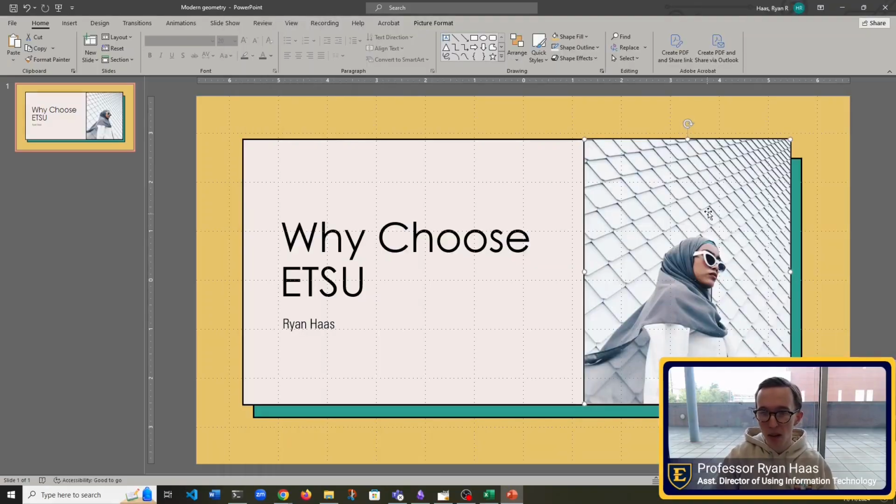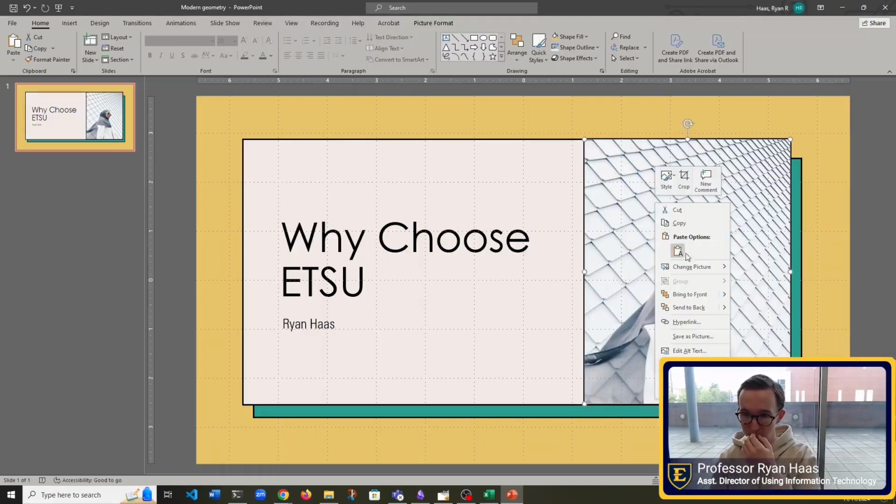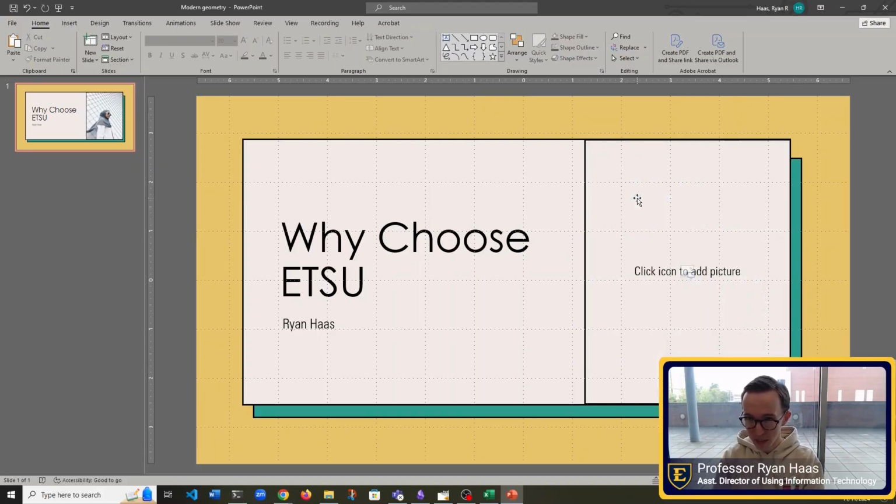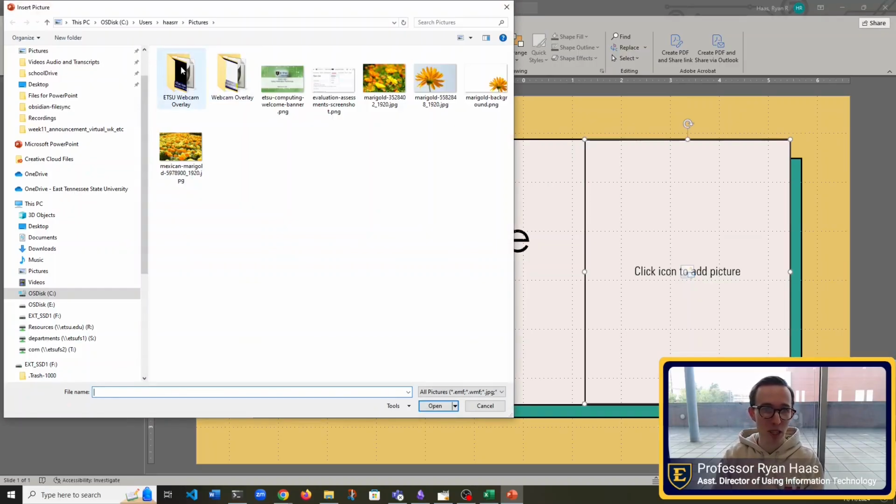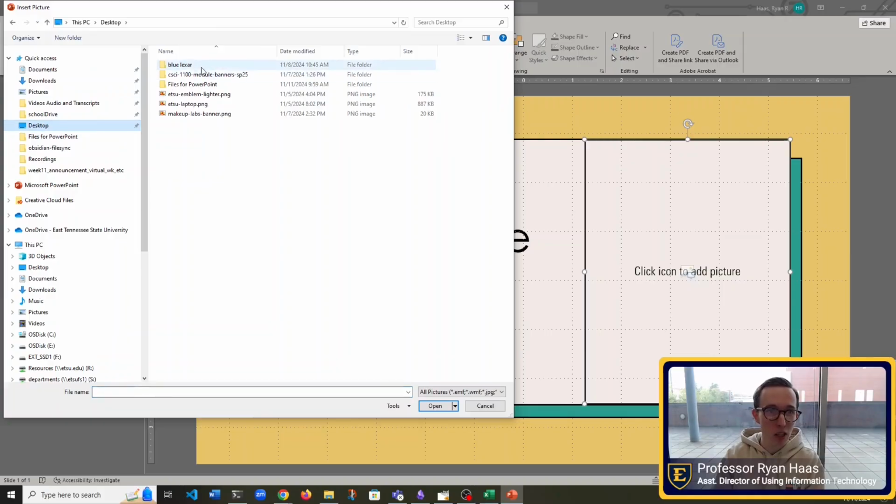Okay, and now if I right click on this image right here, I can say change picture. Or if I delete this picture, you'll see that they have it where I can click here to add a picture. And then I'm going to find that picture I just saved.